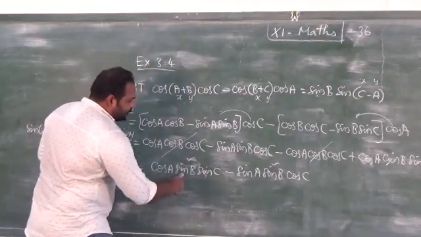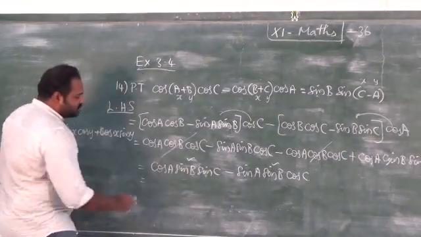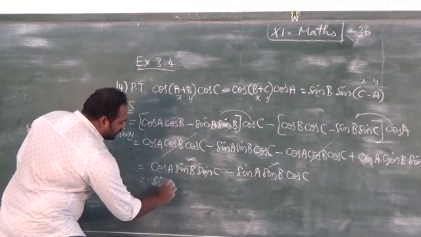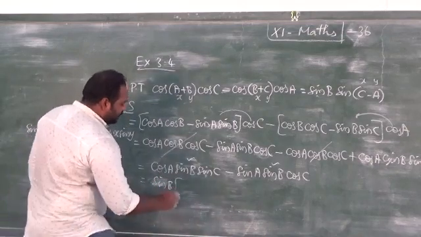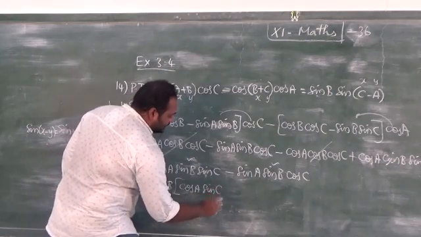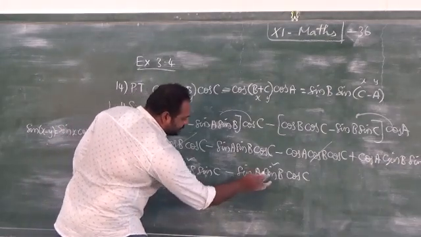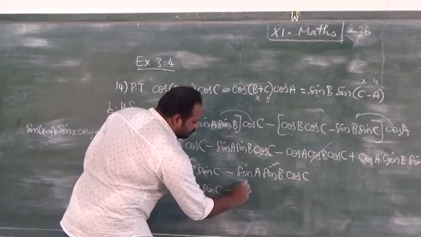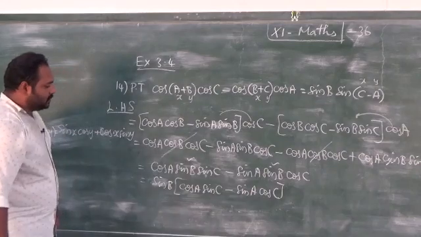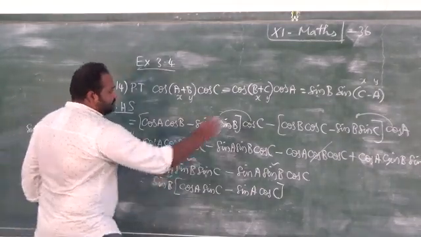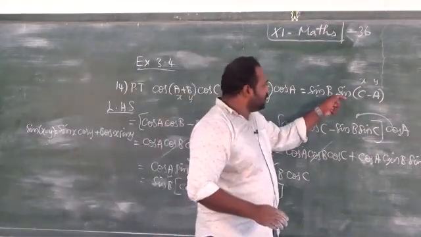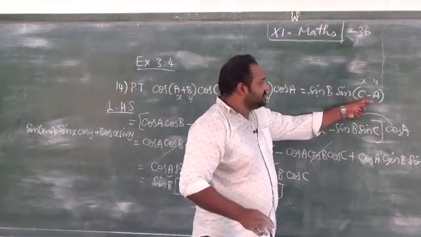Here see, we have sin B and sin B commonly in this term. So I am going to take sin B commonly outside. If I take sin B commonly outside, it is cos A sin C minus sin A cos C. Now look at that, we got sin B from the right hand side, but we need to bring another value, sin of C minus A.